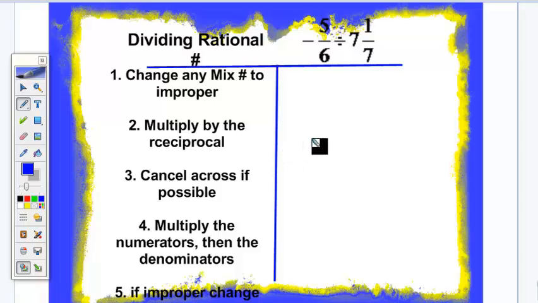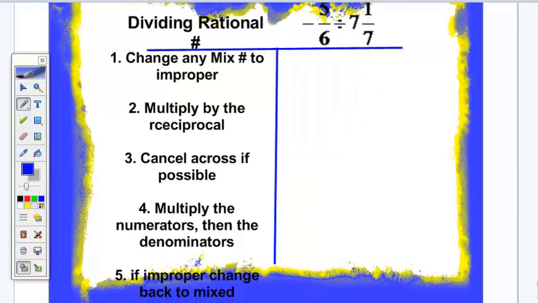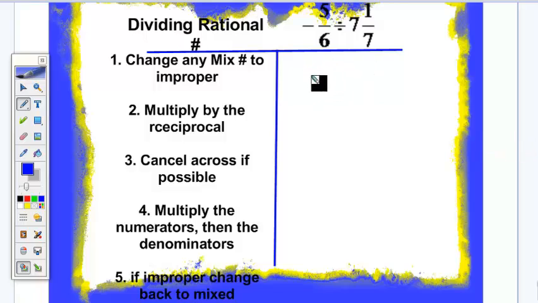Alright, so here go the steps for dividing rational numbers. Again, it is nothing new, except this time we are dealing with a negative symbol. But we still follow the exact same steps for dividing rational numbers, except here we want to remember the rules for dividing integers. Okay, so let's go ahead and do this example. If we have any mixed number, as always, change them to improper. So here we will have -5/6 divided by, now this one here is a mixed number, so we must